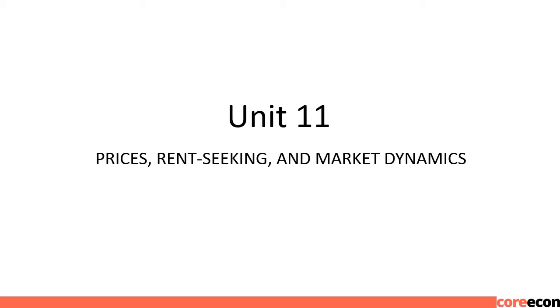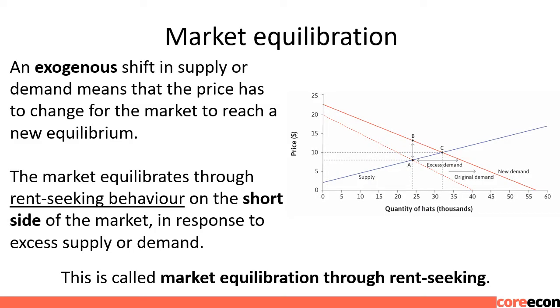In this unit we study why markets might not clear in equilibrium, and in what ways prices can adjust to exogenous shocks. Market equilibration. Endogenous variables are variables that are determined within the model, such as price and quantity. Exogenous variables are anything else that can affect supply and demand. An exogenous shift in supply or demand means that the price has to change for the market to reach a